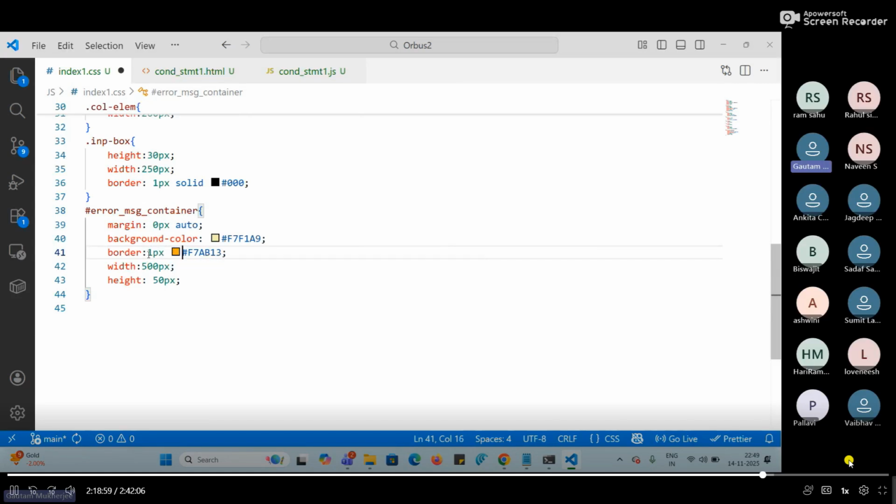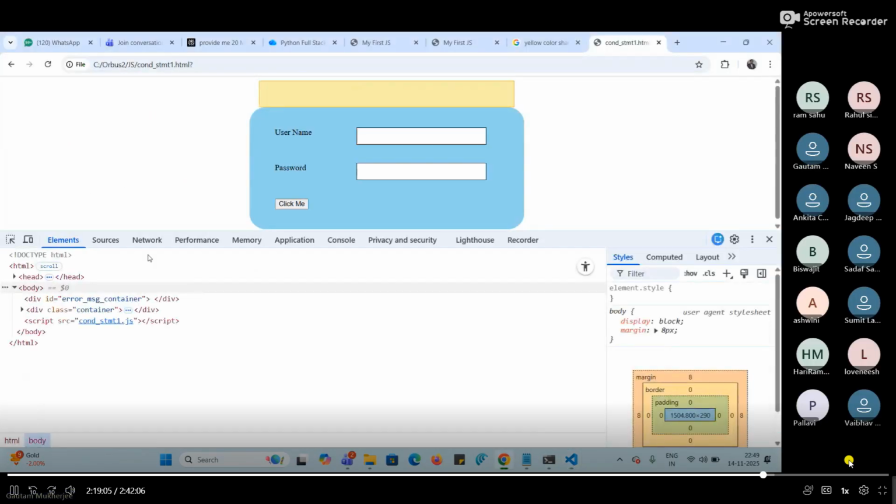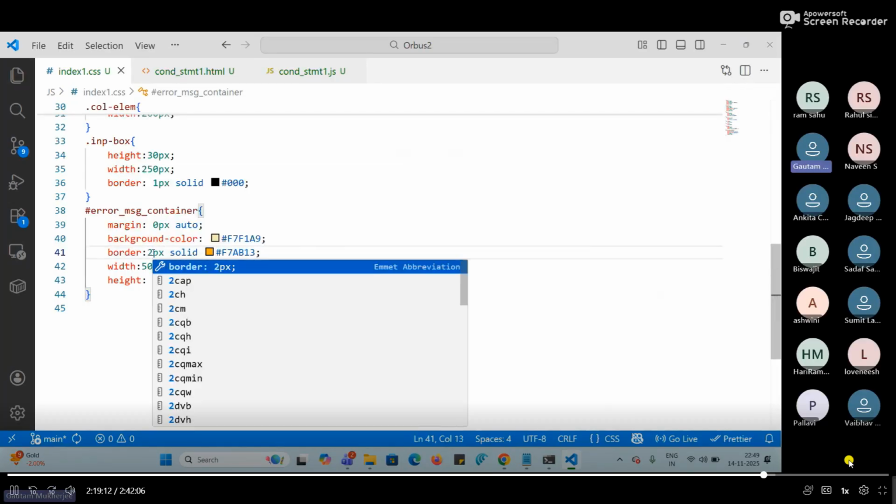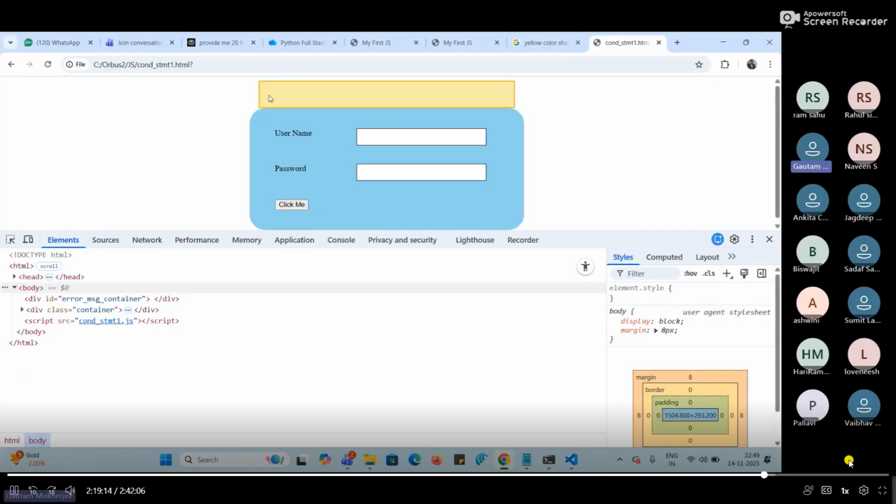1 pixel solid this thing. Yeah, or maybe it should be 2 pixel or 3 pixel. Right. Okay, now it is looking better. But the thing is,